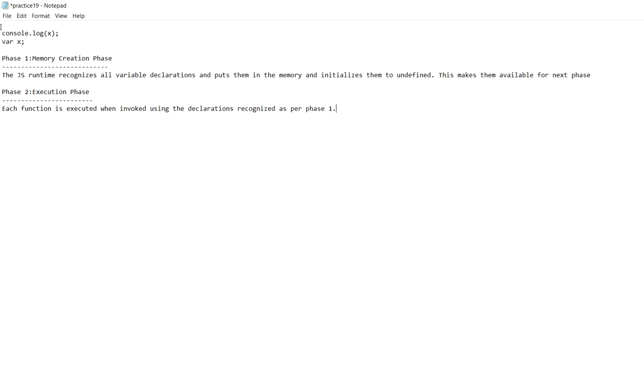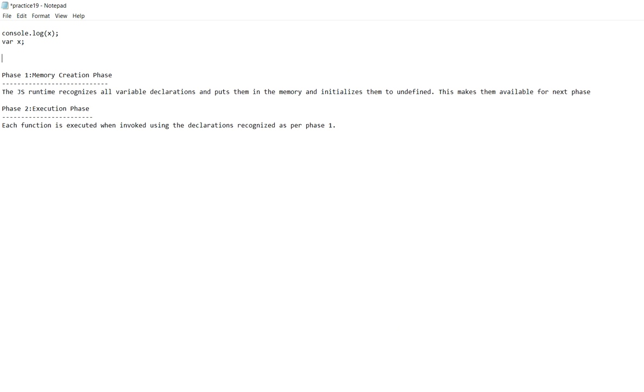so that is why what has happened here is that the JavaScript runtime is doing the phase 1 memory creation phase. It looks at X and it will actually initialize it to undefined, and now the next phase comes in, executing console log. It will actually find out that X has an undefined value, and print it out. Okay,